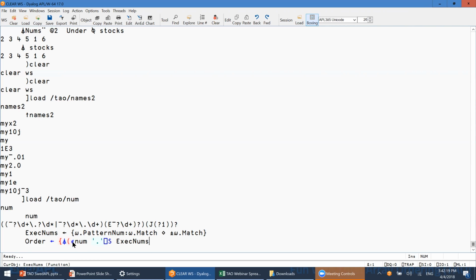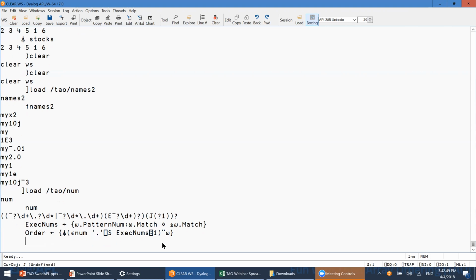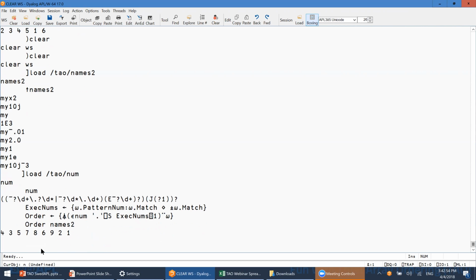And then that's going to chop up our input in lots of different pieces. So I'm using this to put them all back together again. And I'm going to use this case insensitively. And that's because you might have noticed that I only used uppercase E and uppercase J, but APL allows you to use uppercase or lowercase. So this is just going to be case insensitive. And we do that on each of them. Go. So now we can have an order. So now we can have order on the names. And that means we can now sort. So now we have a supernatural sort,